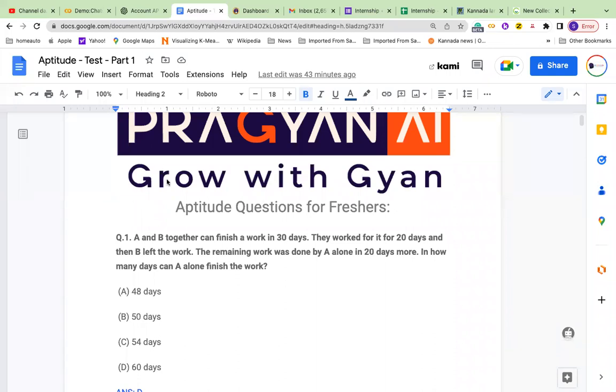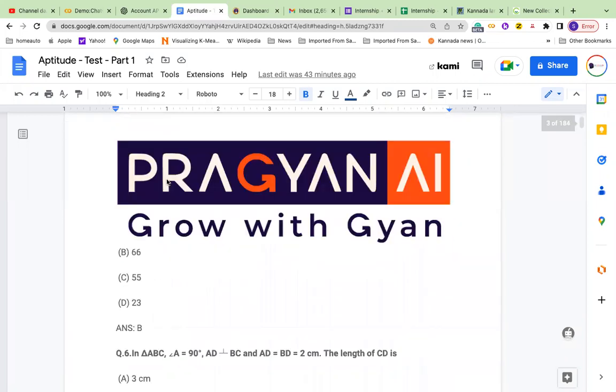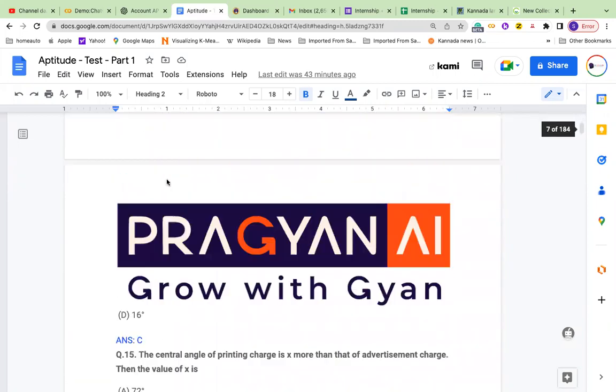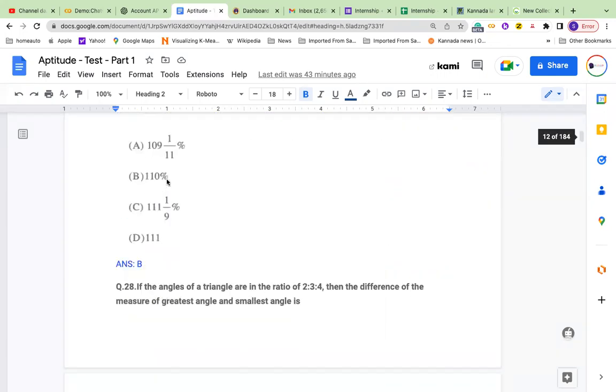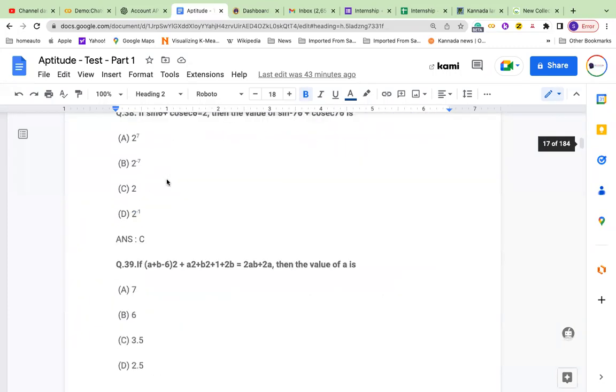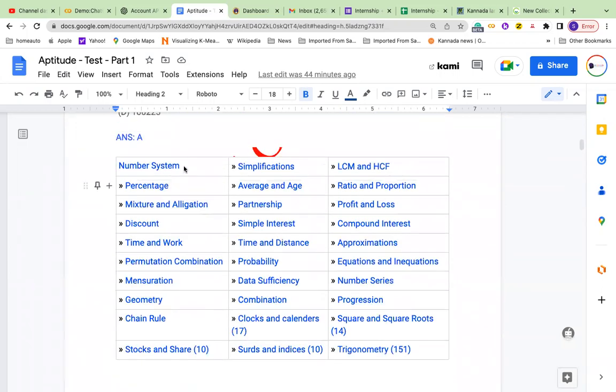So this aptitude skill plays an important role, and most companies will be giving an aptitude test. In an aptitude test there are a lot of things, and there is no fixed limit. It depends on the company, but these are the key concepts that will be tested: number system, simplification, LCM, HCF, percentage, average and age, ratio and proportion, mixture and alligation,